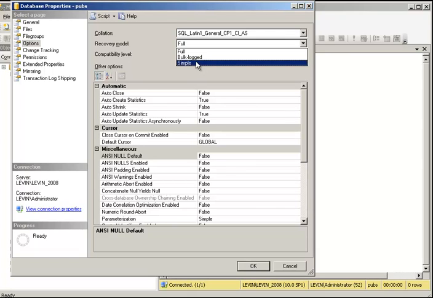Okay, so far so clear? I am very clear about it. Okay, the difference between Full, Bulk-Logged and Simple. Usually people will always use Full or Bulk-Logged. Simple is very rarely used. But you can use the Simple recovery model if you do not need the database recovered up to the last point. So go for Full if you want recovery to the last point in time, and if you do not mind recovering only up to the last transaction log backup, go for Bulk-Logged. Okay. Now